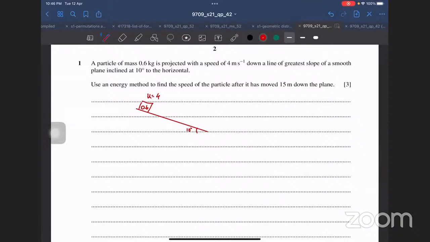Use an energy method to find the speed of the particle after it has moved. Let's assume that it goes down to the bottom of the plane, which is 15 meters, and I want to find V. Now, since there are no external forces acting on the particle, I can say that the change in KE should be the same as the change in PE. So half m (V square minus U square)